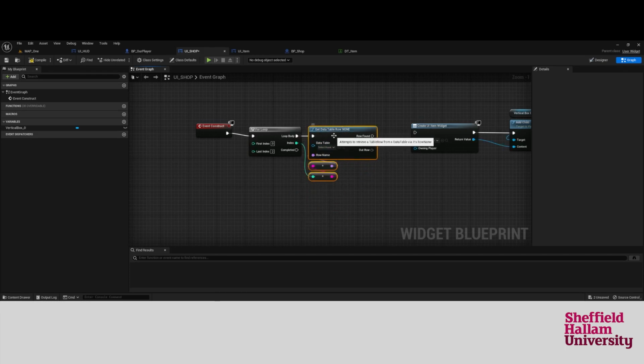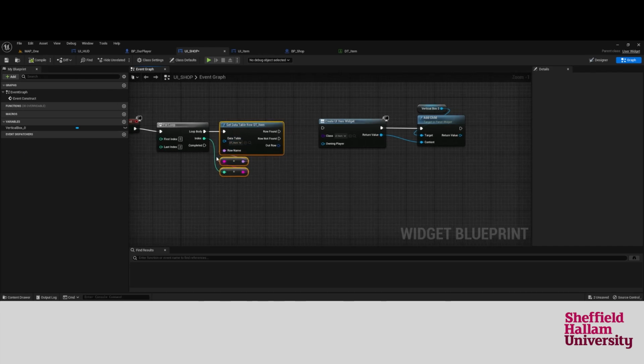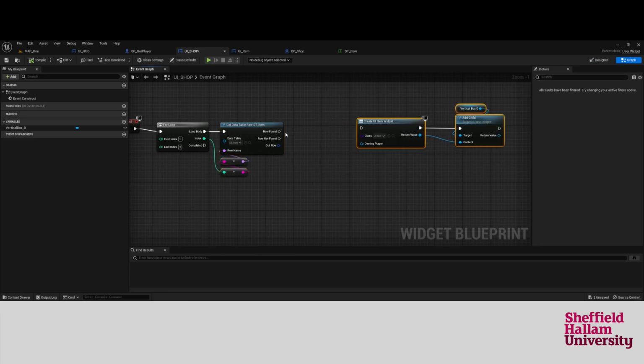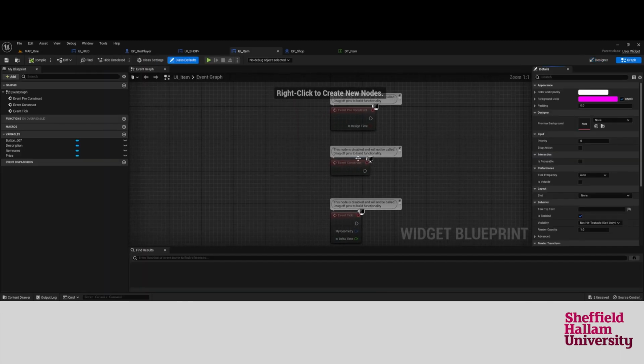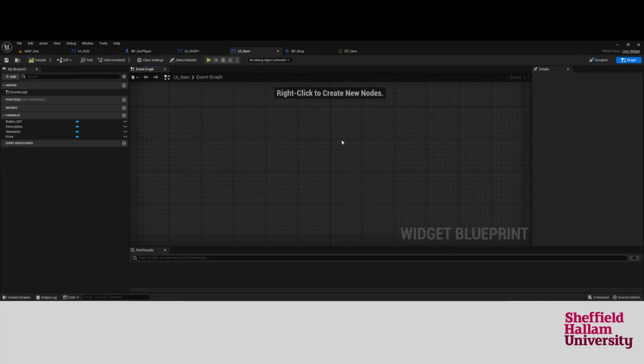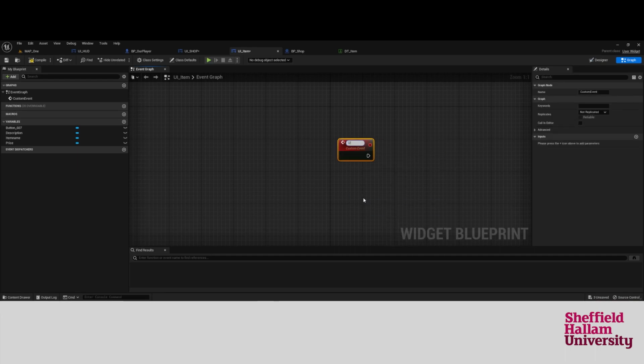Loop the body in like that, and select the asset to be our data table. So it will basically go through each row in our data table and output a structure with the information which is in that row. And what we need to do now is connect that into the widget that we created. So if I connect those up for now, compile that, and then go back to the UI item, because I want something new to happen here. So add event, custom event, and